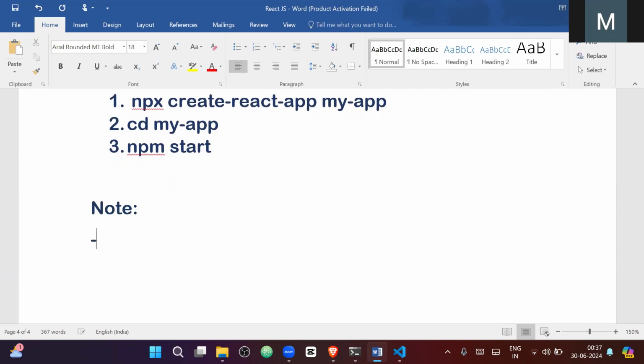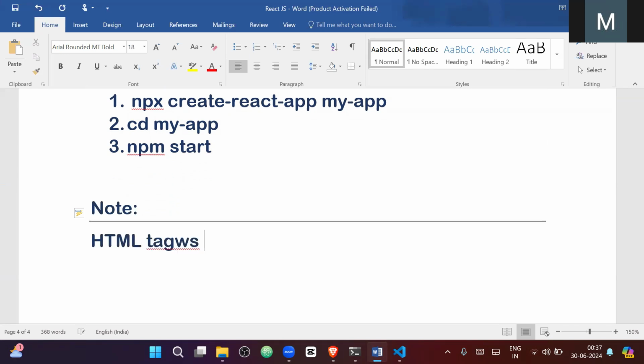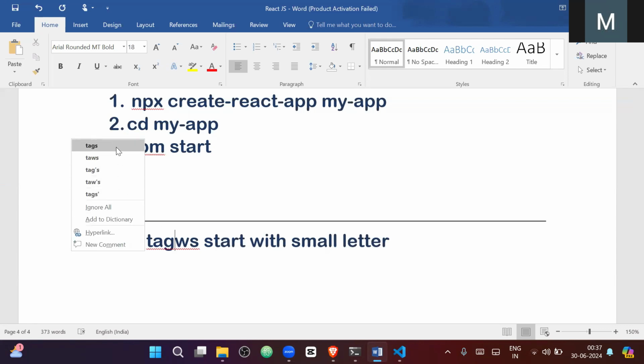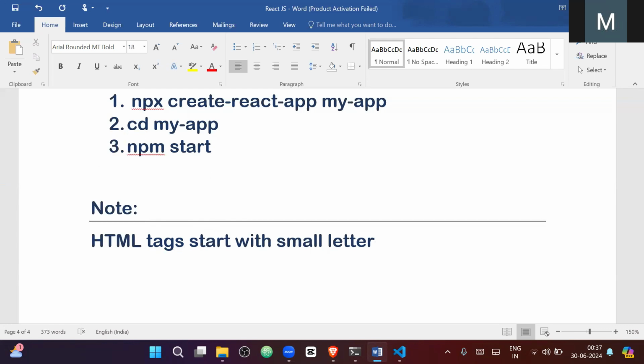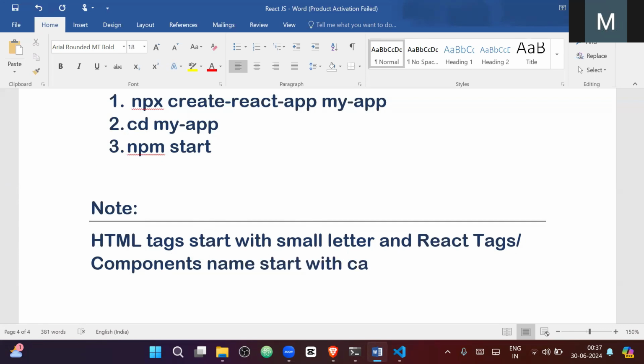Here are the notes. So what is there in the notes? You can take a note: HTML tags start with a small letter, and a React.js tag, or you can say component name, starts with a capital letter. Okay. For example,